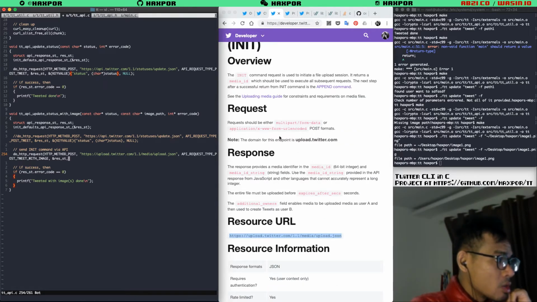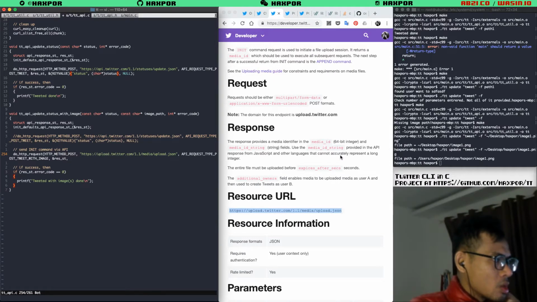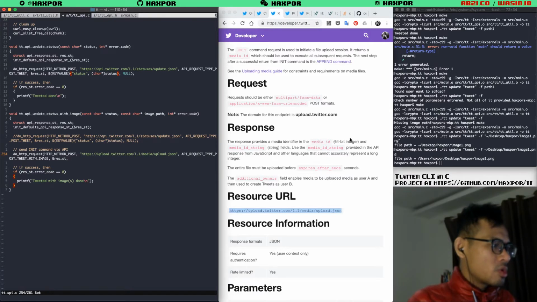Request should be either multi-part form data or application x-www-form-urlencoded post format. The response provides the media identifier in media ID 64-bit and media ID string. Use the media ID string provided in the API response for JavaScript and other languages that cannot accurately represent a long integer. The entire file must be uploaded before